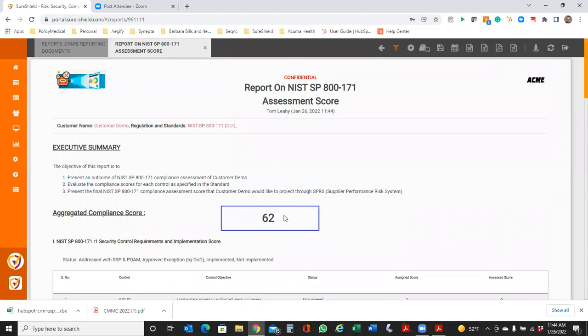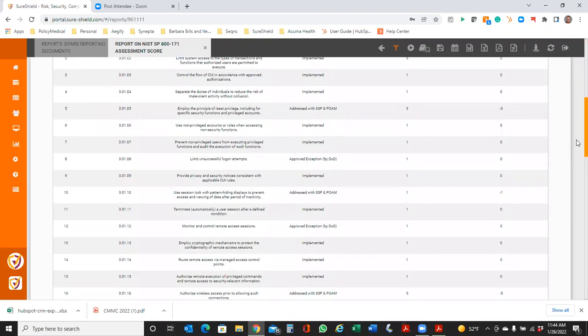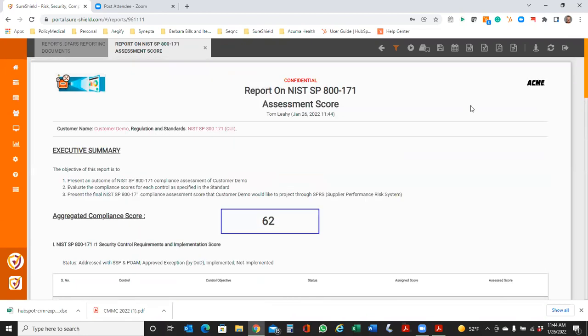So you can see here at this particular point in time, this particular customer is scoring 62, which means that they either have some areas of non-compliance or they have some things that are not addressed. And they can then go ahead and look into this score to show where those defaults are.